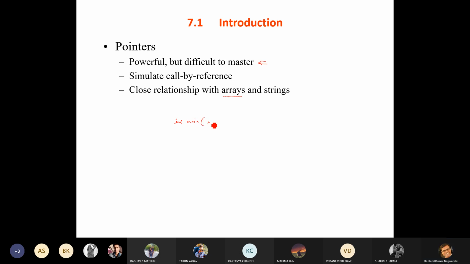Integer main, integer argc, and character pointer argv.